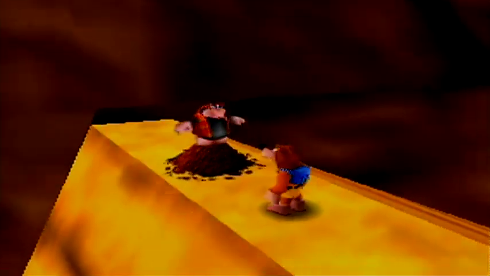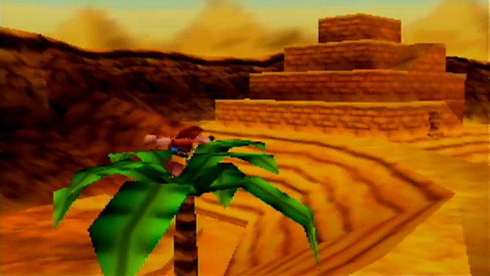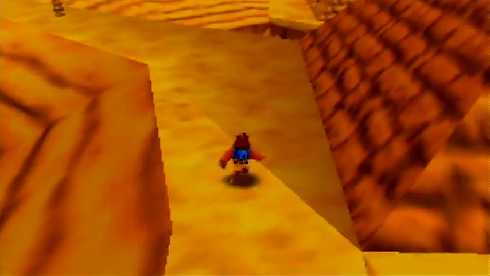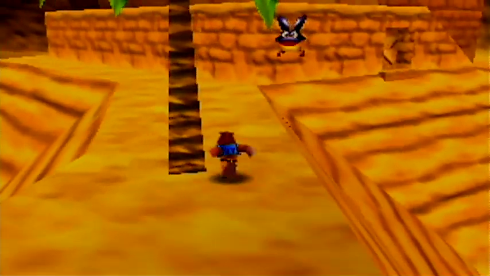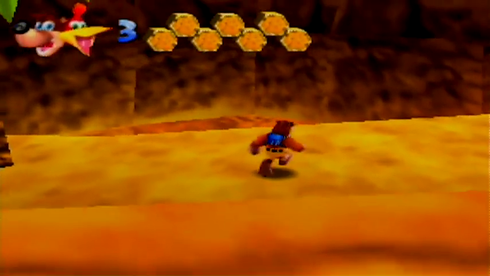Okay, that's the last move in the game. I thought so, yeah. So this is the 6th world, or you can call it the 5th world, and Freezeezy Peak the 6th world, depending on how you look at it. So after this, there are 3 more worlds that you...